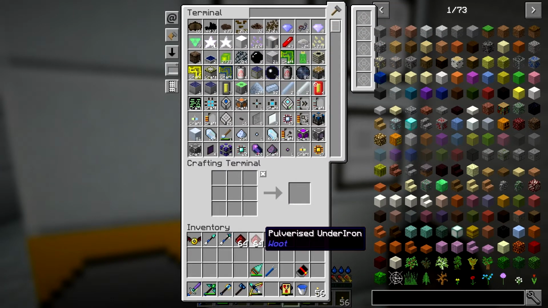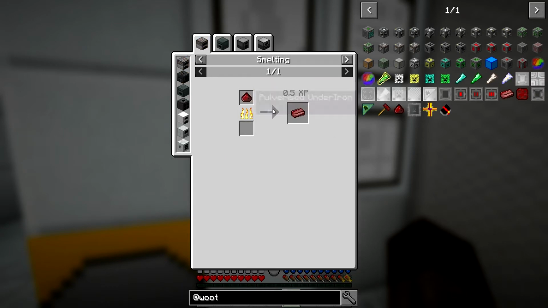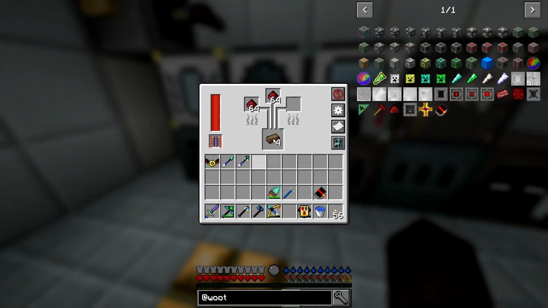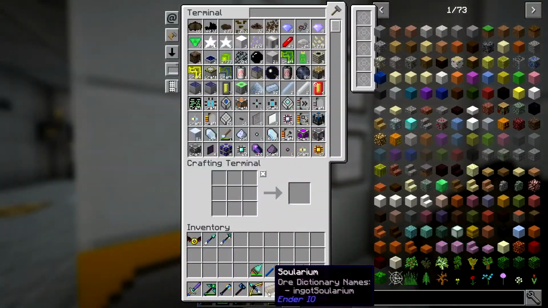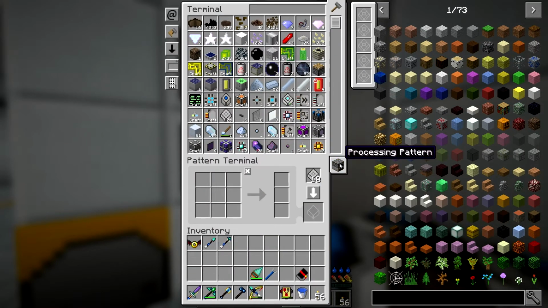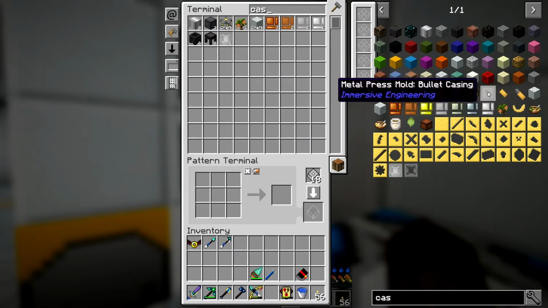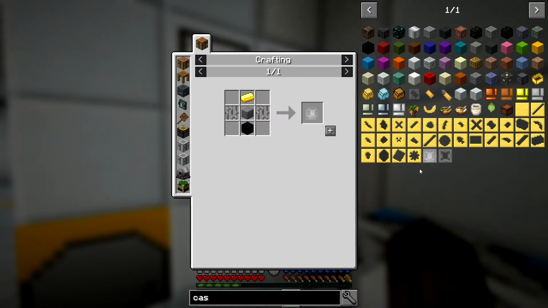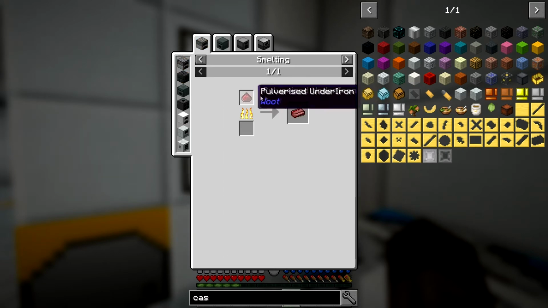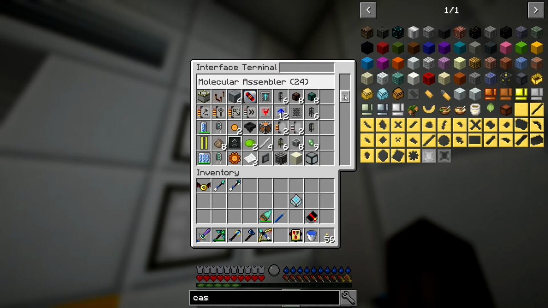Alright, so what do we need to do with the under iron? So factory casing. Okay, we just need to smelt it. Easy enough. Get them in there. So it would be nice to set up auto crafting for these, but I think it struggles with the hammer stuff. Maybe we could try it. So if we told it how to make the factory casing under iron, so if we taught it that, and we put that in,